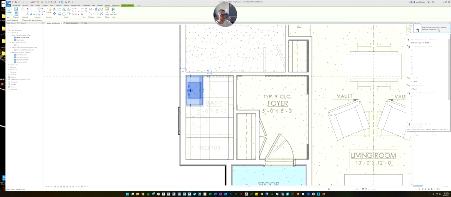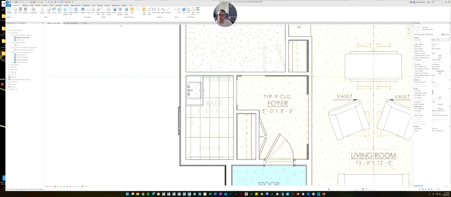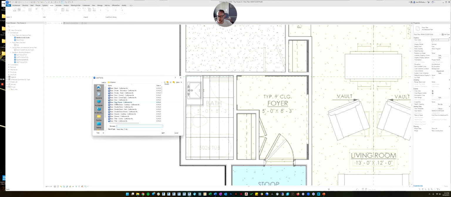And you'll notice if you come over here to look at the types, because you only chose to load one type, that's your only option. So if you want to load it again, because maybe you wanted a round sink instead, let's go back to load family. Let's find that sink. Click open.